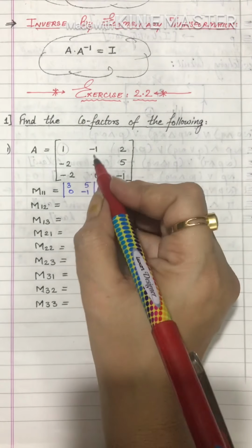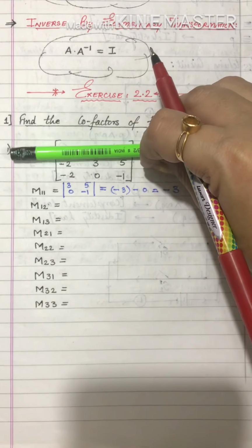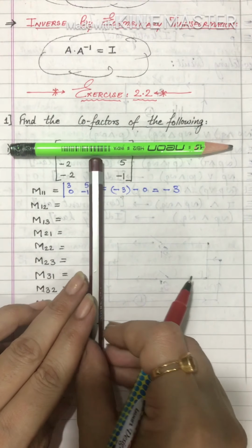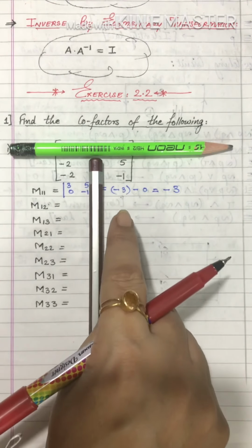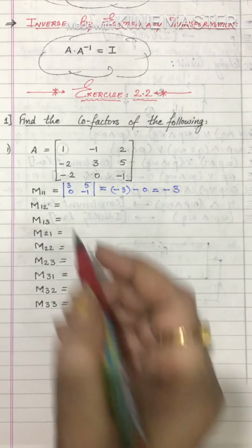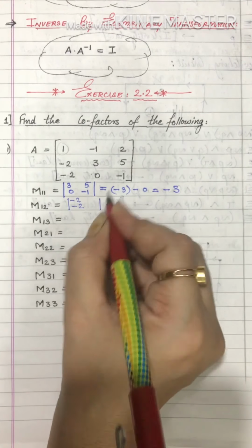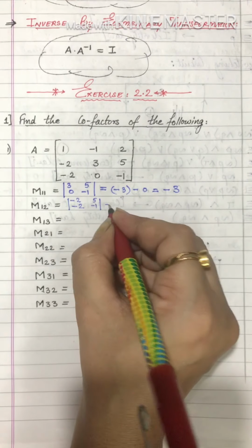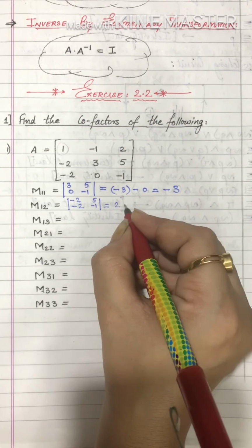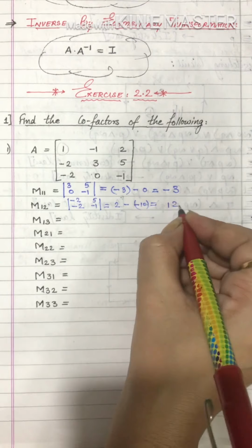Okay, now next 1, 2, that is this element, so that particular row you will not consider, and that particular column you will not consider. So whatever elements are being seen, find the determinant value of those elements. Okay, so every time I'm not hiding it in this way. I hope you have got the idea. So here we will get minus 2, and 5 and minus 1. Okay, so let's solve it quickly. What we get? 2 minus minus 10.